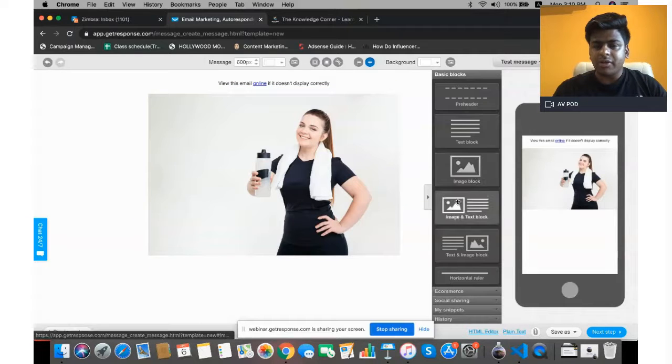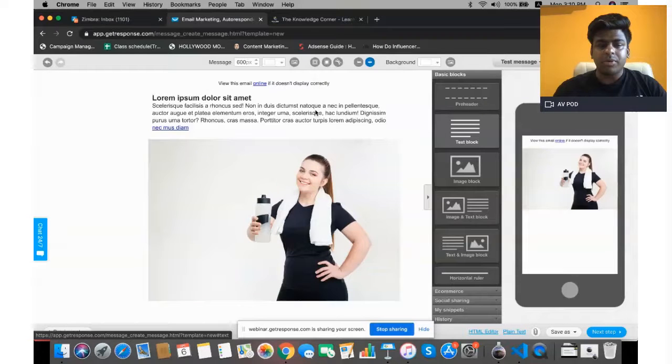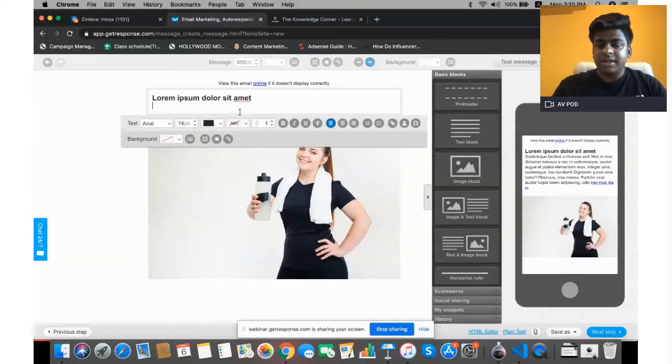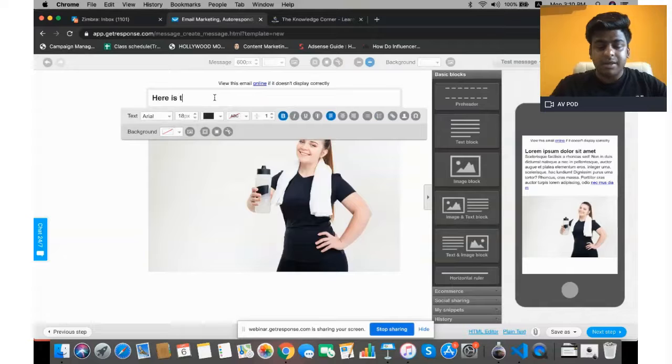we can do that. We just have to understand where the text is. So there is the text block. I'll drag and drop. I don't want this amount of text, so I'll just delete this. I want to make some changes, so I can write here is the exercise number 1,